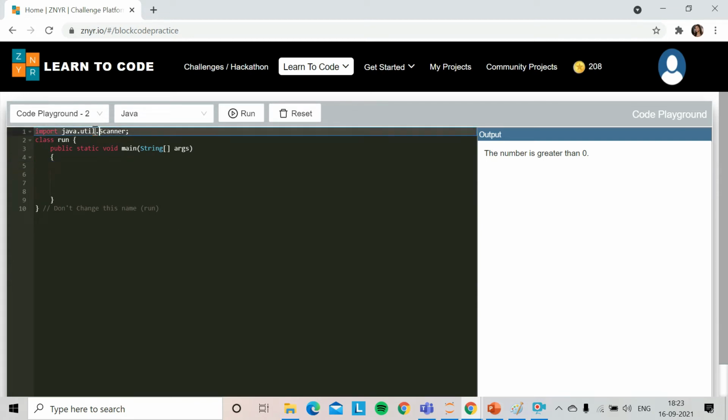Okay, and we must also delete this. We are not importing anything. We do not need our input function. Okay, so now,